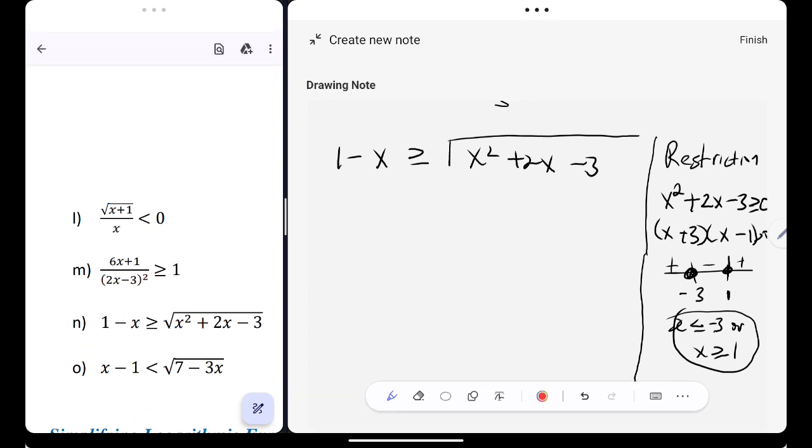For me to remove surds, I must square both sides. Here I'll have 1 minus 2x plus x squared is greater or equal to x squared plus 2x minus 3. Now I don't have surds, brackets, and fractions. I must put everything on standard form. I have x squared on this side, and I have a negative 2x and a positive 1